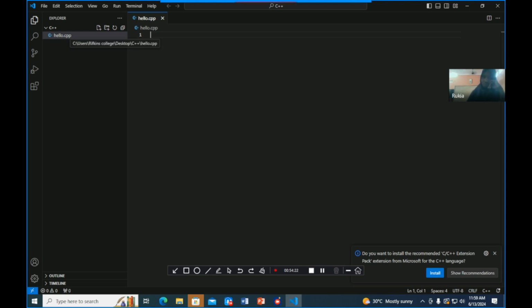Now, once you have created that file, you will see a pop-up here. I hope you can see it. At the bottom right, you will see a pop-up. This pop-up is asking you, do you want to install the recommended C/C++ extension pack? It is important for us to install this extension because of syntax highlighting features or keyword highlighting